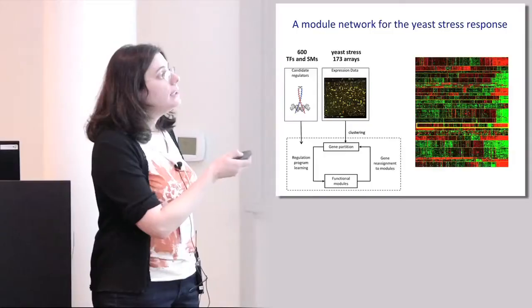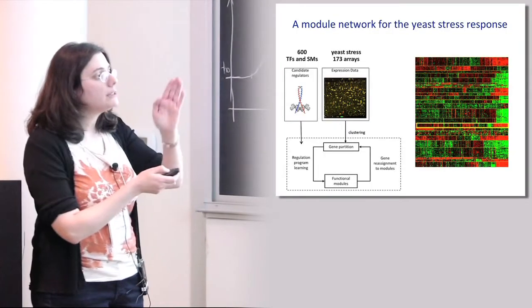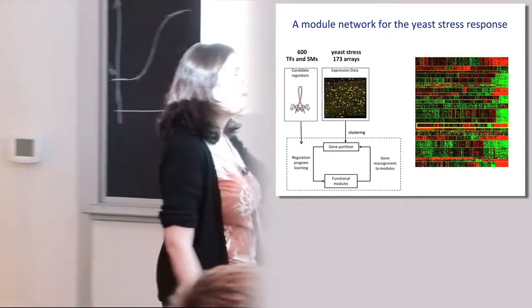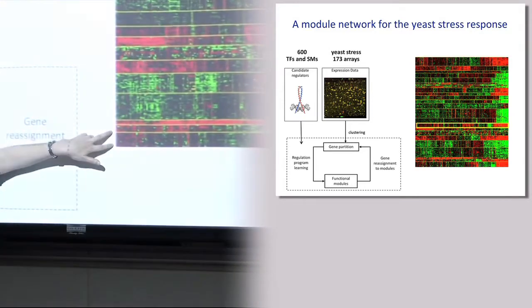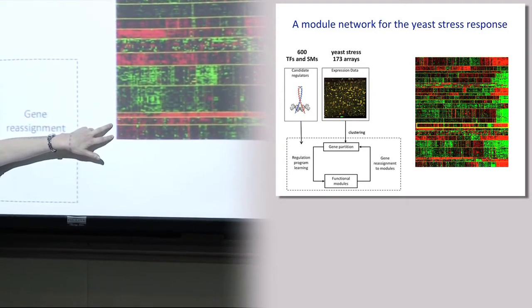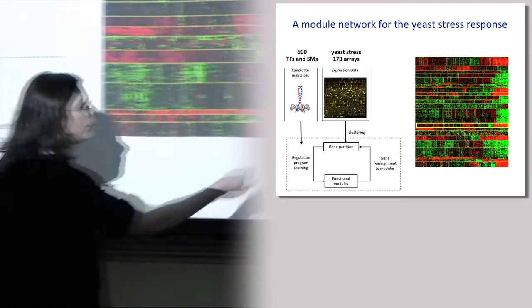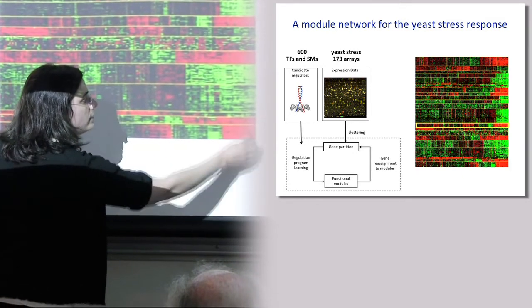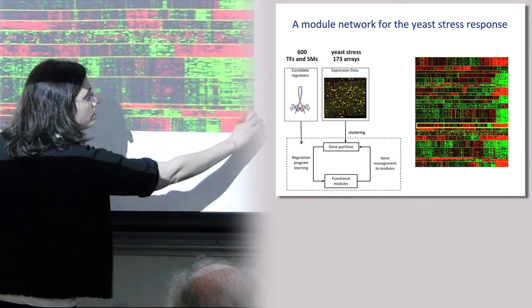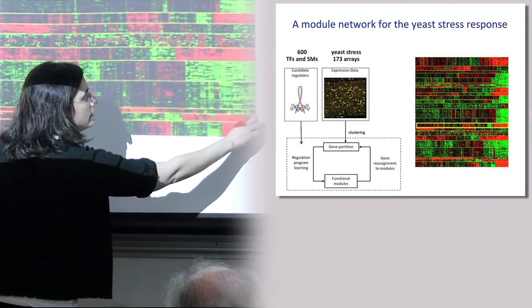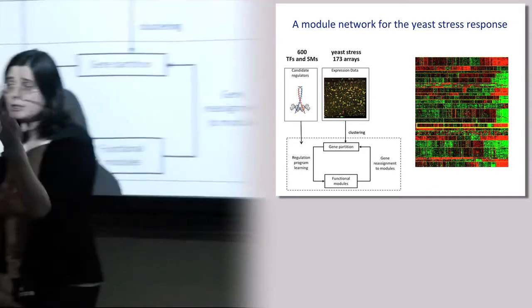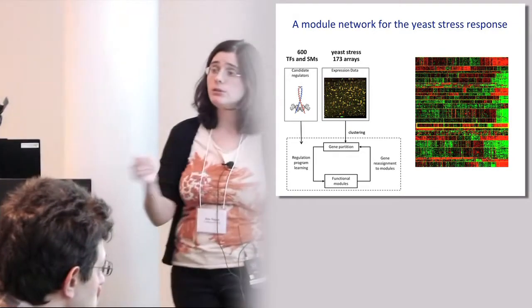But the experiments are not sorted in the same way in the different patches, okay? Unlike in the big matrix we saw in the beginning, here this very rightmost column might be one experiment for this module and a different experiment for this module,